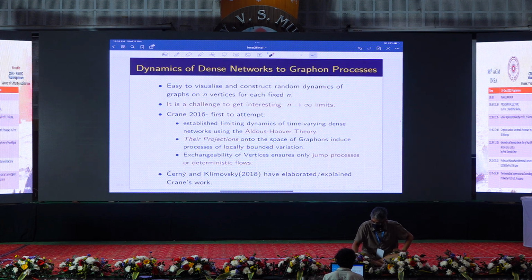And dynamics is hard. It was hard to get this idea. We were not the first to try it. You can use what's called the Aldous-Hoover theory. But if you do that, what happens is that the theory uses too much information. You'll only get jump processes or deterministic flows. There's a nice survey by Gerhard Czerny and Anton Klomovsky that you can look at to get this idea of